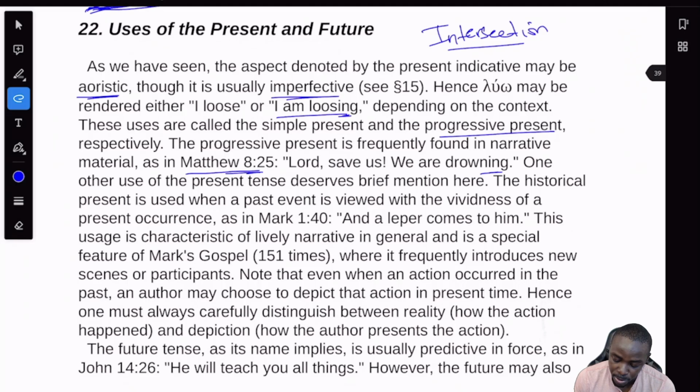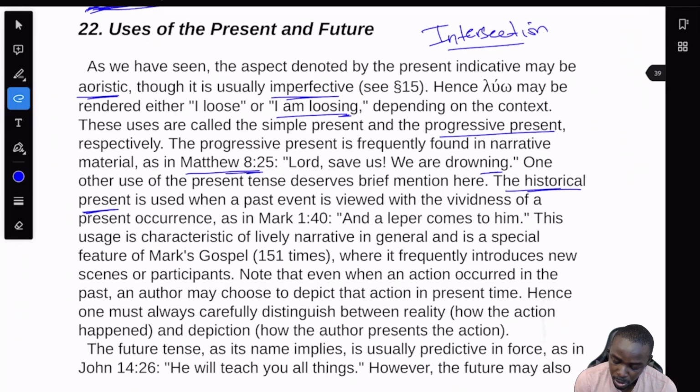The historical present is used when a past event is viewed with the vividness of a present occurrence, as in Mark 1:40, "and a leper comes to him." This usage is characteristic of a lively narrative in general and is a special feature of Mark's Gospel, 151 times, where it frequently introduces new scenes or participants. So in this case, he refers to this as the what? As the historical